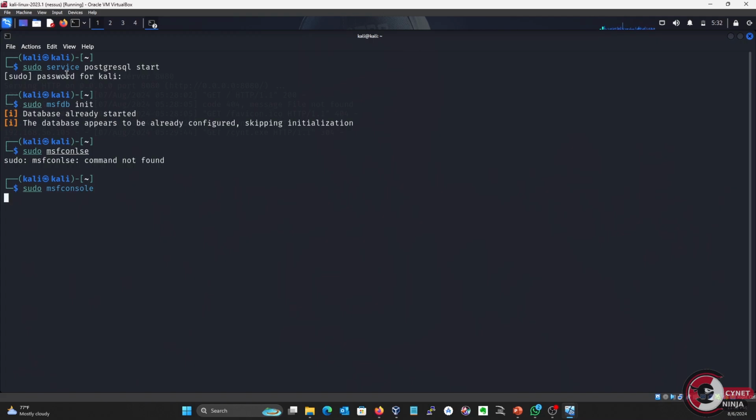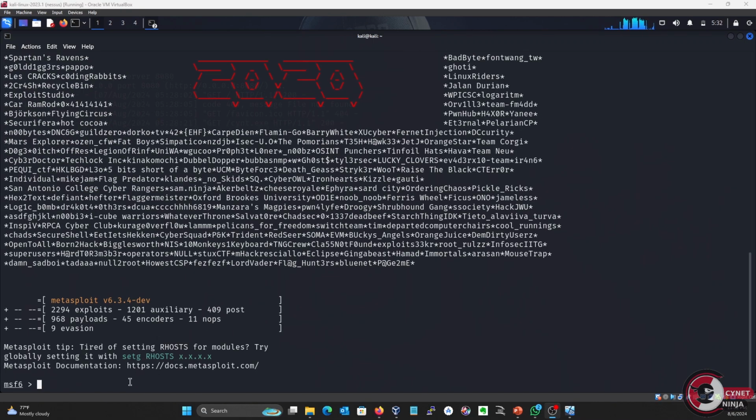So there you have it. As you can see on the screen, our Metasploit framework has now been launched. So you go ahead, we're going to set up a meterpreter which is going to receive reverse connection from the Windows machine after we execute the payload. So you go ahead and type use